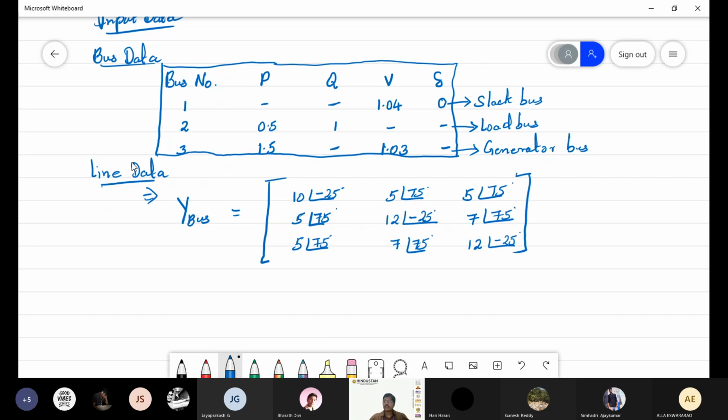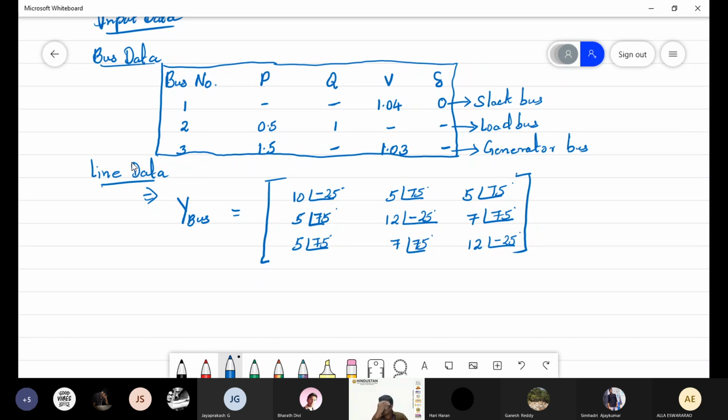Listen, you can see one difference in the Y bus. Previously we wrote the Y bus in rectangular form, right? Now I have written everything in polar form. So that is the difference while forming the Y bus. But I think you may know that. To convert the rectangular form to the polar form you can do it directly using your calculators. If you are using the calculators in complex mode, you can get these values directly, right?